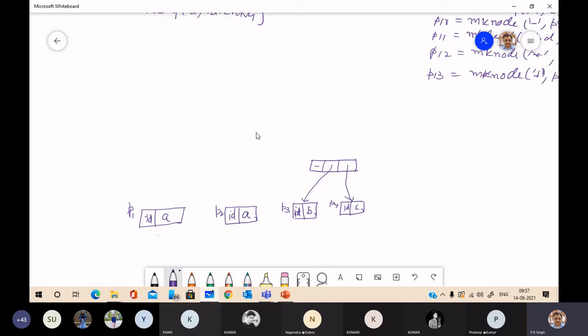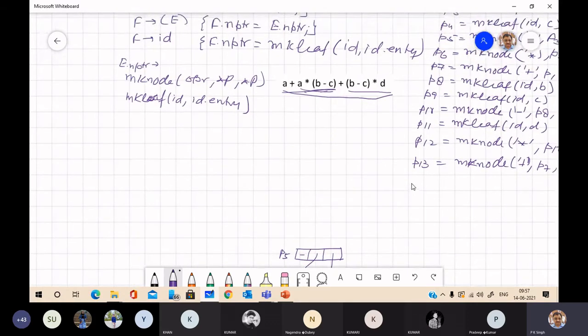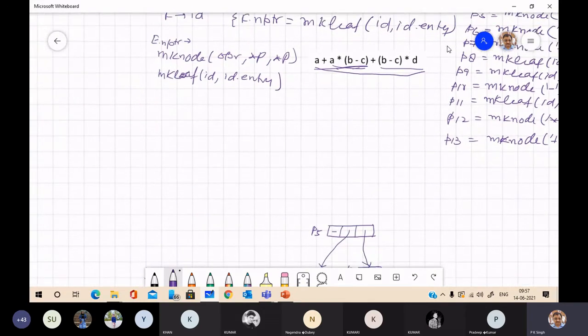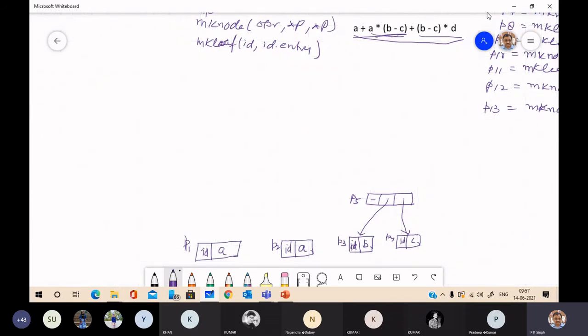After that, what are we doing? We are again calling the make node function. This is P5. The make node function gives P6, which has P2 and P5, multiplication of P2 and P5.